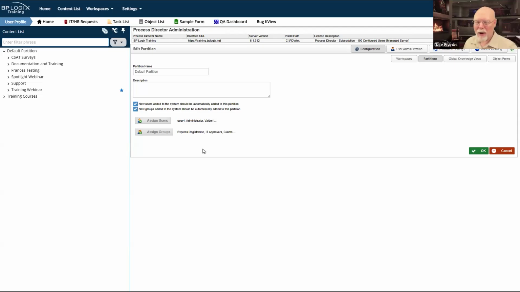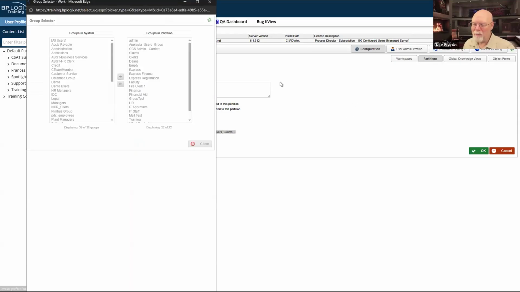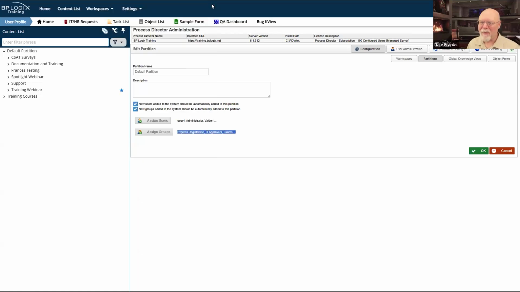When I add new groups, I should not need to go through and assign all the groups to that particular partition. So if you have one partition, turn both of these things on. It's going to make your life a lot easier. And unless you have a compelling reason, you should only have one partition.